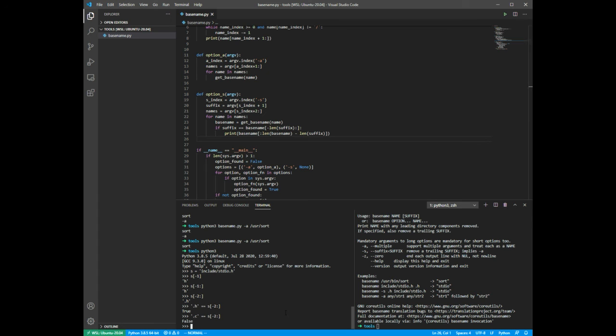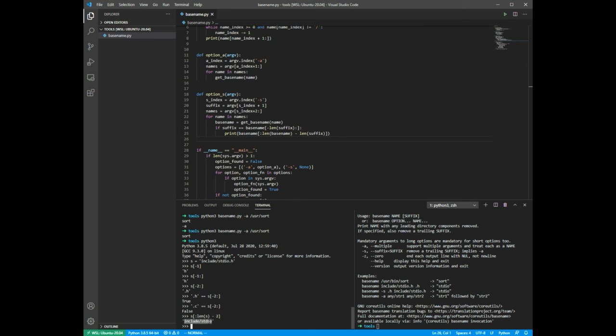So let's try that. What I'm saying is, if we slice up to the length of s minus the length of the suffix, oh, right, because we start from the beginning of s, and we want to only include everything other than the suffix, and we know that the suffix is at the very end,